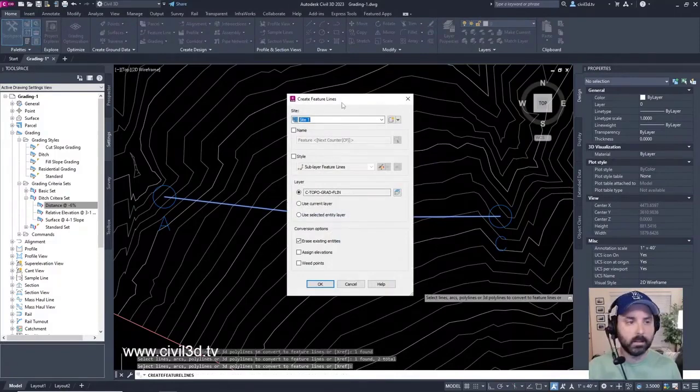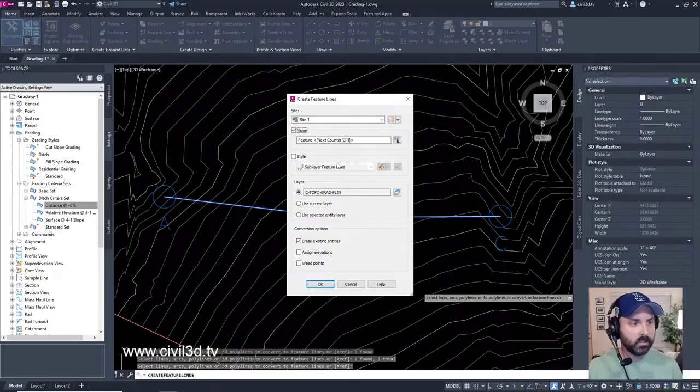We get our Create Feature Lines dialog box. Now notice you can assign a name to feature lines, which is right here. You can do that right here if you so choose, as they're created. Naming significant feature lines can make it easier to assign targets when creating a corridor. So for example, sometimes when you're creating a corridor, you can have a long list of different feature lines. Well, if you name your feature lines, then you can kind of pinpoint what you're looking to connect to. Okay, that's where naming your feature lines can be very, very helpful, very important.